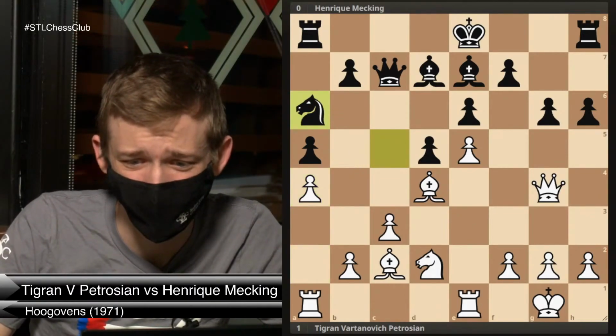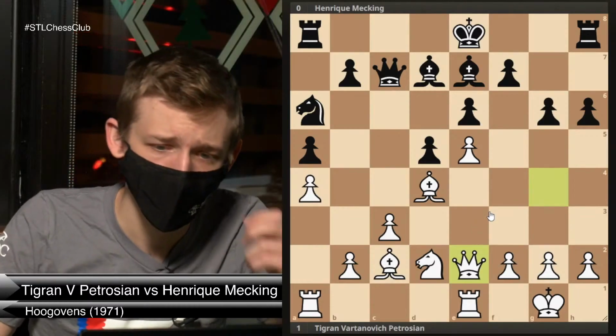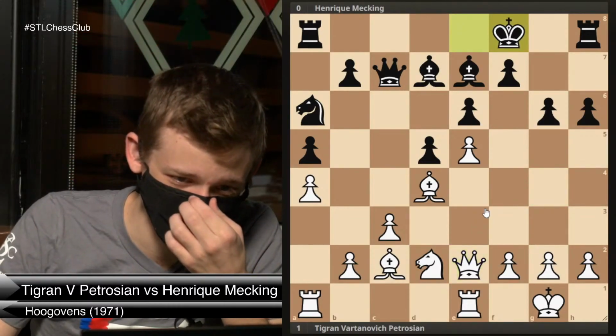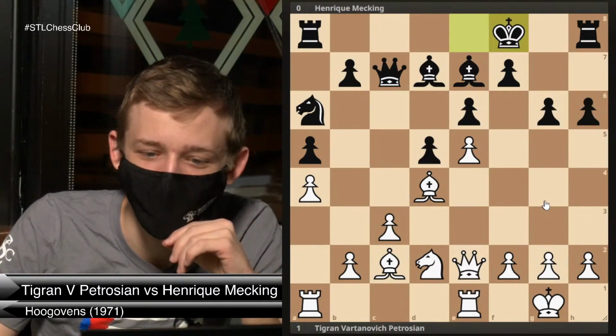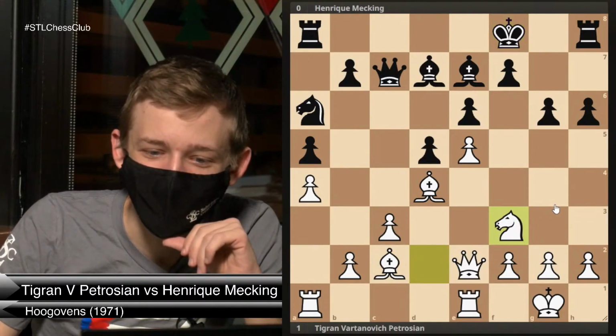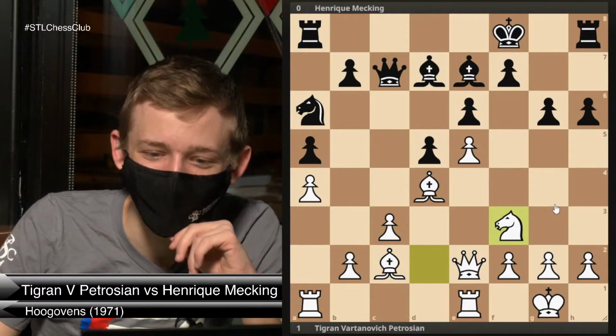Black plays knight a6 in the game. We get queen to e2. And now king to f8 is Mecking's choice. Probably mispronouncing his name horribly. I should look these things up. Knight f3 by